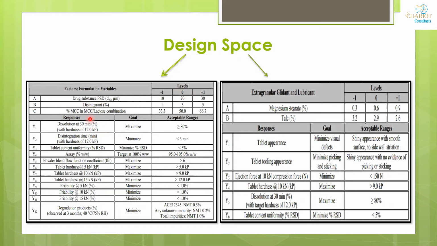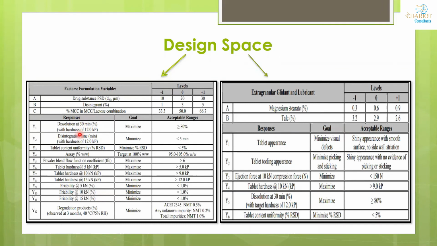And whenever you are using this software, in today's topic we will not be covering the software, we will just go through the major aspects of it. I have already told that in this software we use multiple factors and multiple levels: minimum, optimum, and high level. And what are the responses that you need? Response means what are the results that you are expecting, and what are the responses that you want to evaluate from this particular set of permutation combinations.